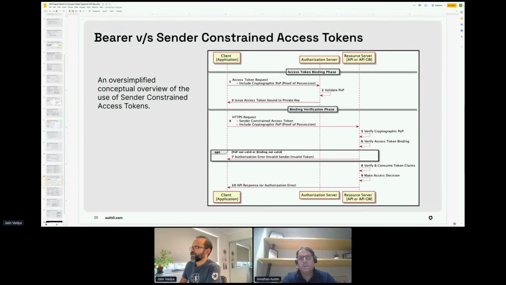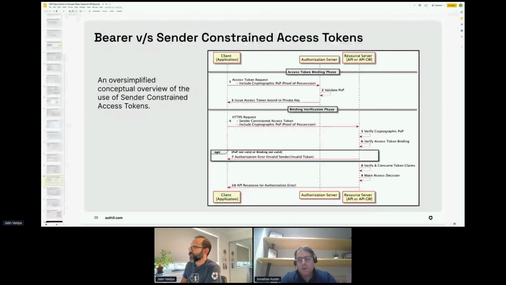So if I start with this one, an access token request should include a cryptographic proof of possession, which means the client must somehow prove that, hey, I am in possession of a particular private key. How it does that is really out of scope for this session because it's a bit involved and it depends on the specification that we are using.